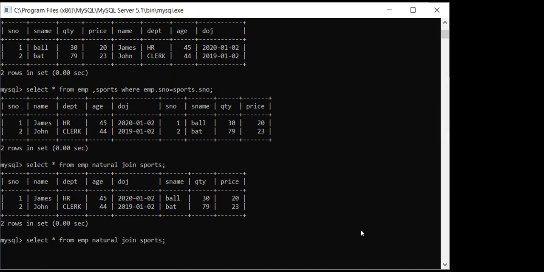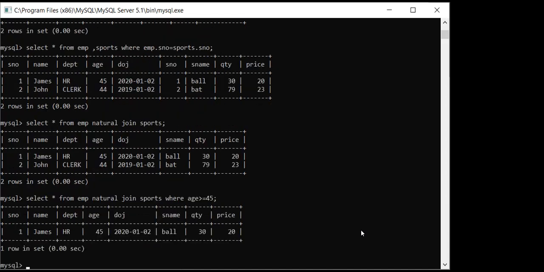So what I can do with this natural join, I can write a where clause also. So where age is greater than or equal to 45. So see, it is not like that if after joining you cannot write the condition. You can write the condition after the joining also. So it is your choice whether you wanted to write it or you don't.